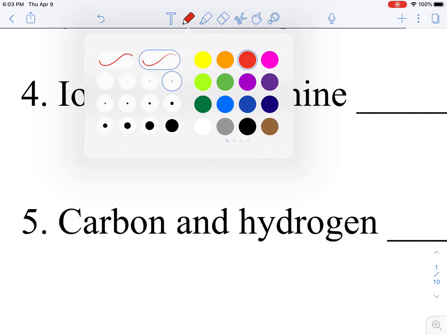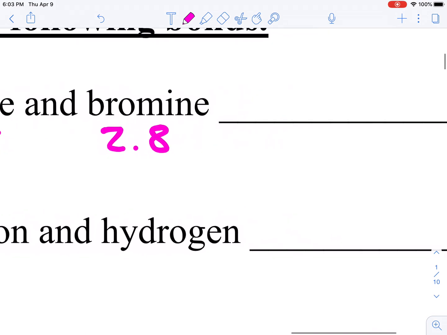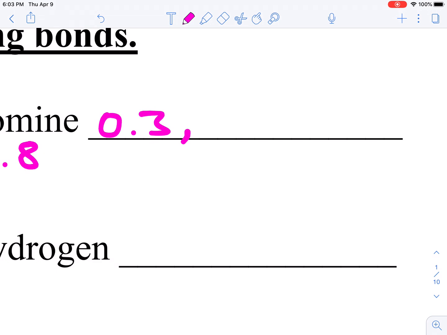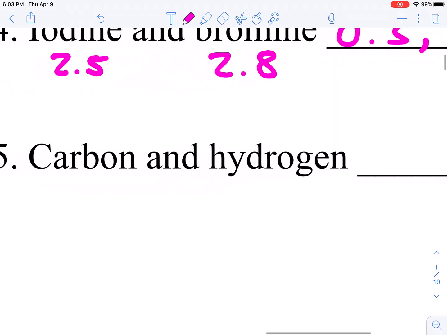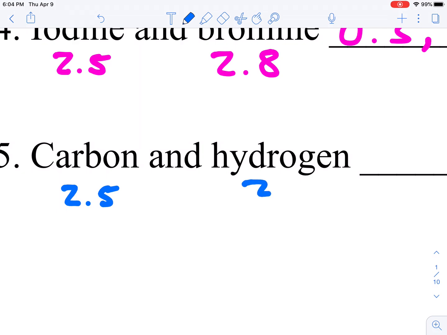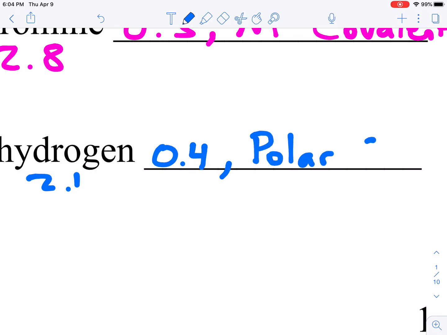Iodine and bromine. Iodine is 2.5. Bromine is 2.8. Difference between those is 0.3. 0.3 is a really small difference. In fact, it's way down in the left-hand box above here. It is in the nonpolar covalent category. And finally, carbon and hydrogen. Carbon has an electronegativity of 2.5. Hydrogen is 2.1, and you would say 0.4, which would be a polar covalent bond,